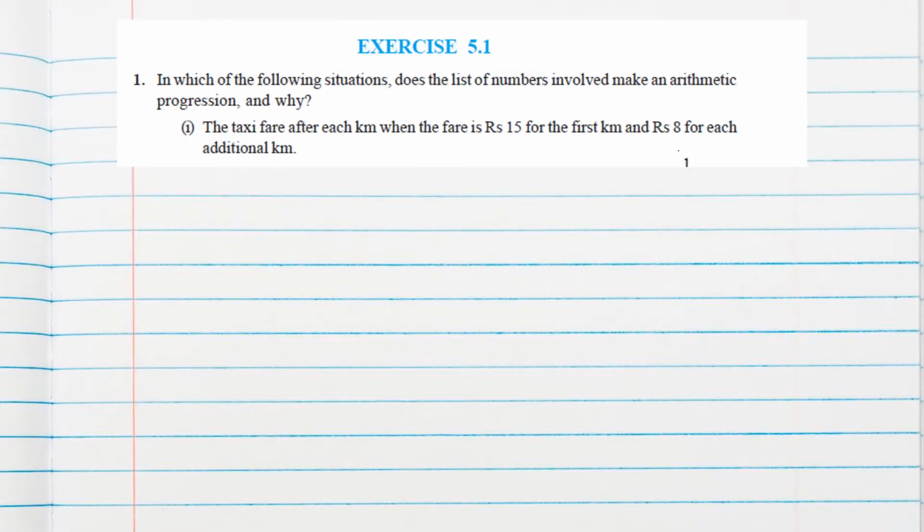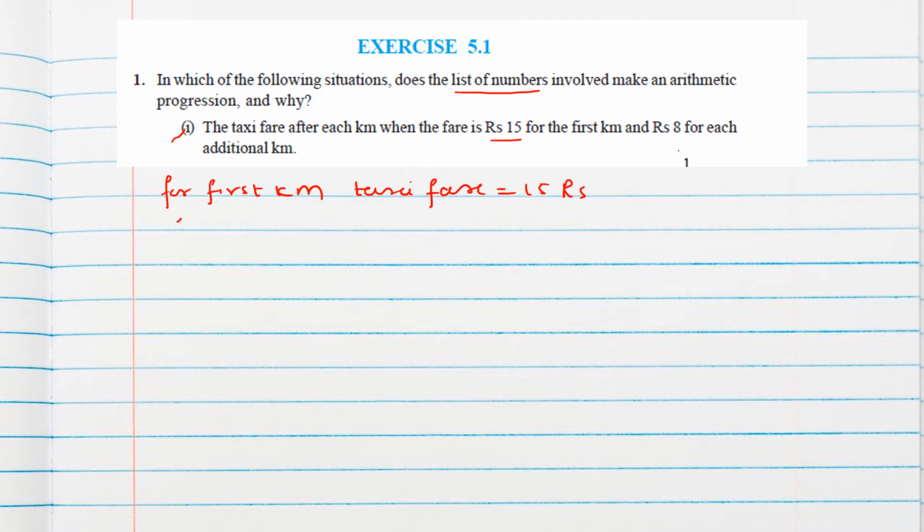Question is, in which of the following situations does the list of the numbers involved make an arithmetic progression and why? Okay, so here the list of numbers is not given. See the first example, the taxi fare after each kilometer when the fare is rupees 15 for the first kilometer and rupees 8 for each additional kilometer. That means for the first kilometer taxi fare is 15 rupees,